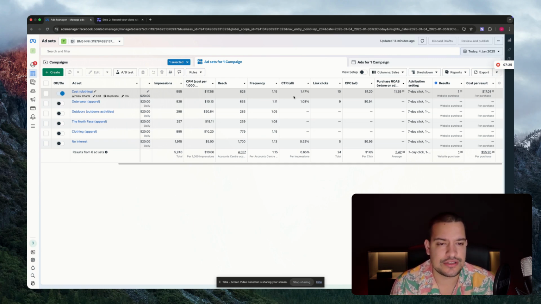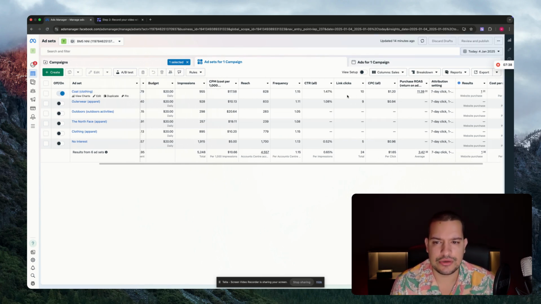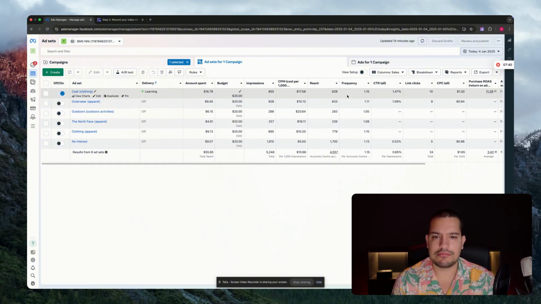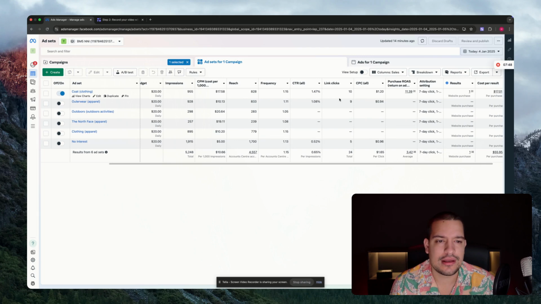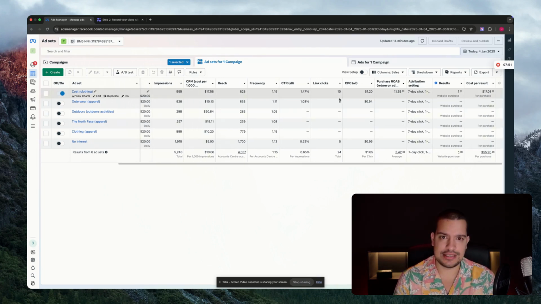As you can see, the CTR is very good. The CPC, it's decent. It's a little bit high, but I think it could optimize towards the right audience after a few days. So I will let it run at least 3 days to see how it works, and I will just see what that brings me. Does it bring me another sale, a third sale, a fourth sale? If yes, then I have a winning interest, and I could expand on this interest, make more money by duplicating it, or